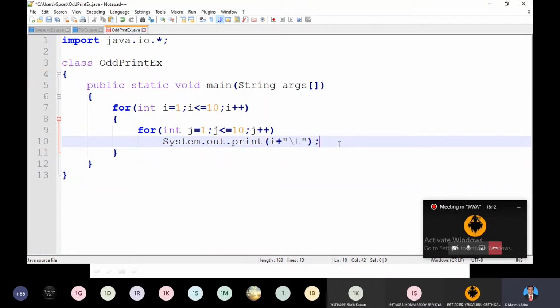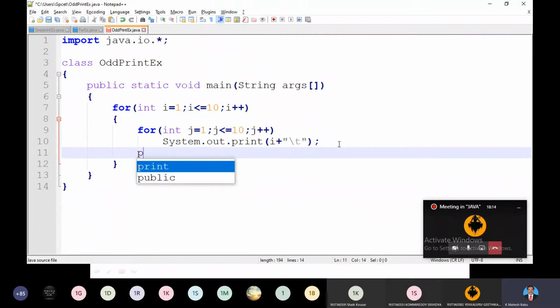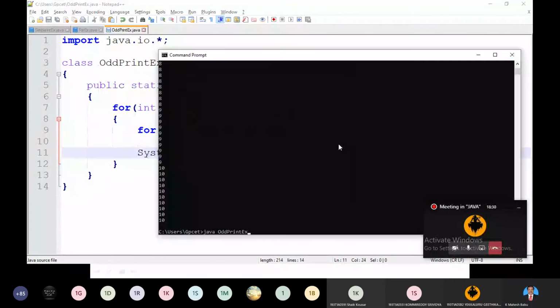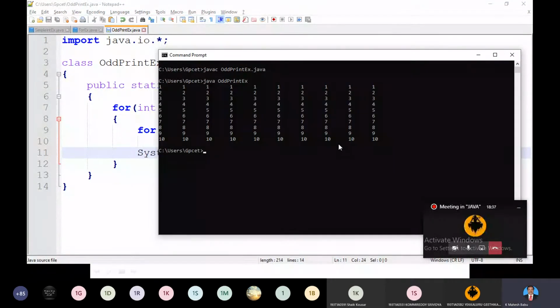After completion of this first row, I want to print a new line, System.out.println. So first row all ones, second row all twos, third row all threes, and so on.